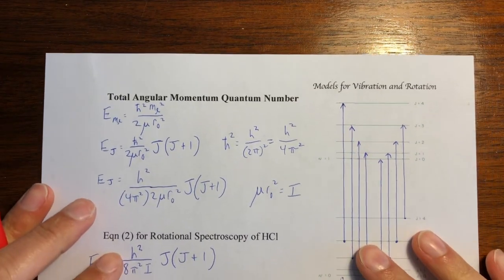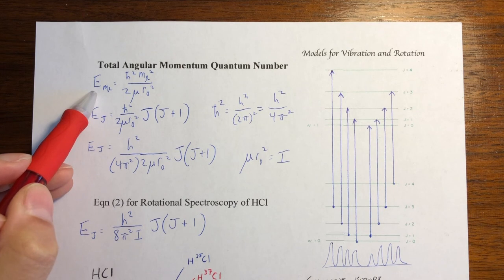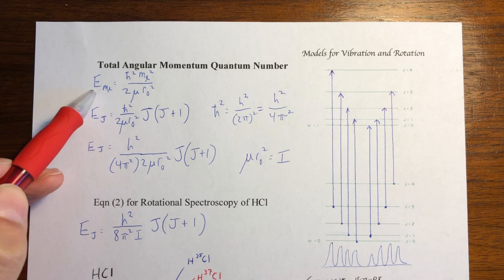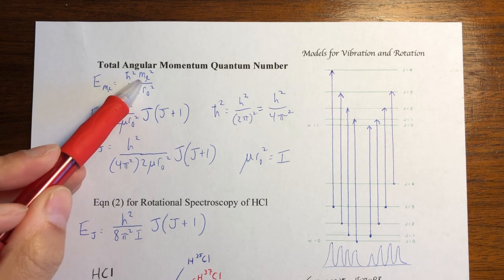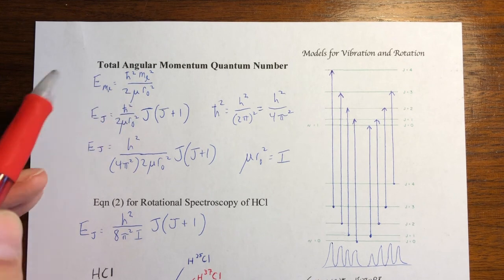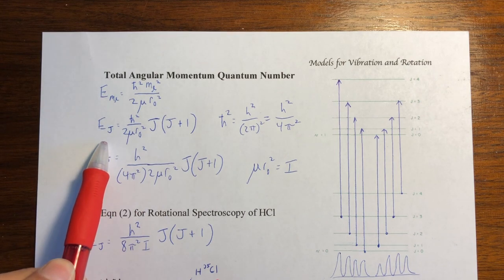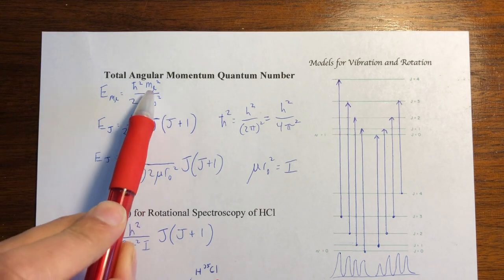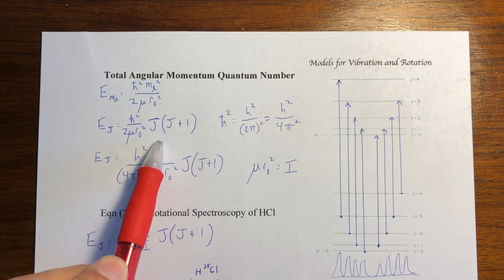So now that we've discussed our total angular momentum quantum number, we can rewrite our eigenvalue energy equation. What we left off with last time was energy E based on our magnetic quantum number m sub l, is equal to h bar squared times m sub l squared divided by 2 mu r naught squared. Now, when it's based on the total angular momentum quantum number J, E sub j ends up being equal to h bar squared divided by 2 mu r naught squared. But instead of being multiplied by the square of the magnetic quantum number, we're multiplying by the quantity J